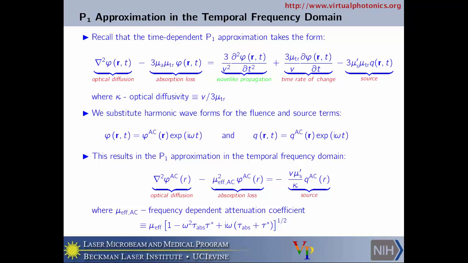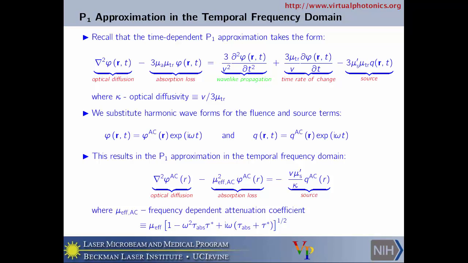So, the time-dependent P1 approximation. We've seen this equation before. To get a solution to this equation in the temporal frequency domain, we assume harmonic waveforms for both the fluence rate and the source. Essentially, we have an AC component of the fluence rate with some modulation frequency omega, and we're intensity modulating our source with the same temporal frequency omega. If you put that into this equation and only look at the AC term, you get this